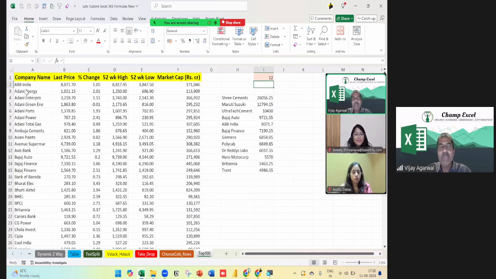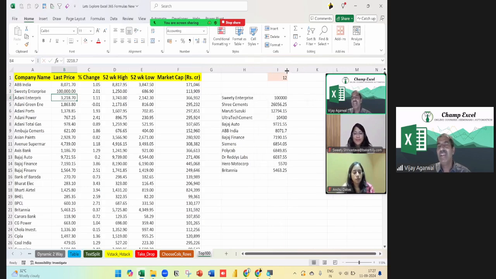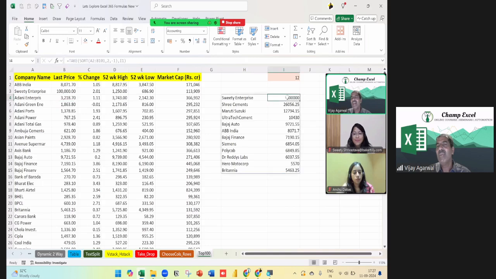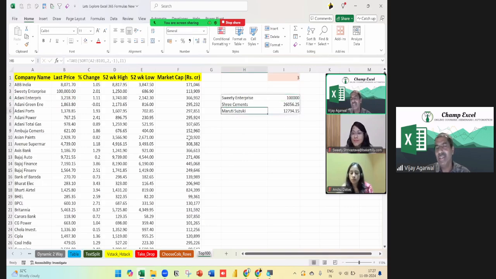In case I put something like Sweetie Enterprise here, and I put the last price as 1 lakh, let's see. Wow, Sweetie Enterprise is on the top, that is the 1 lakh. So like that, in real time I'm getting the data and it gives me the result.